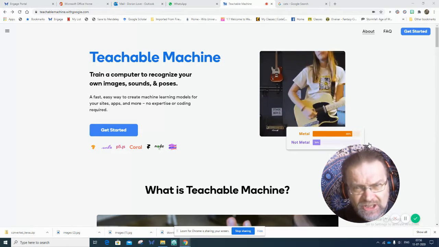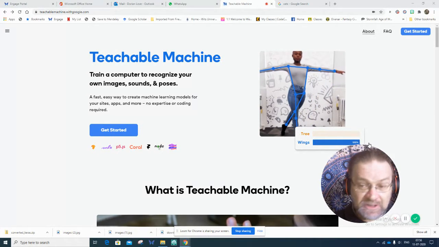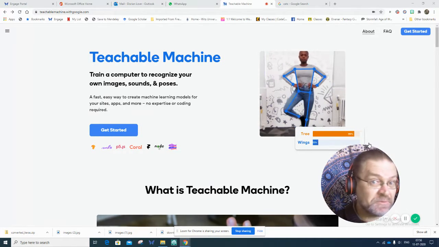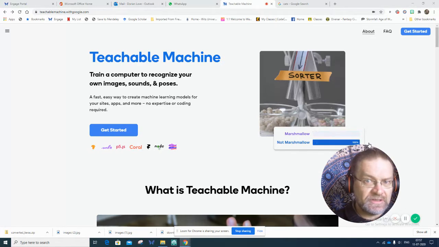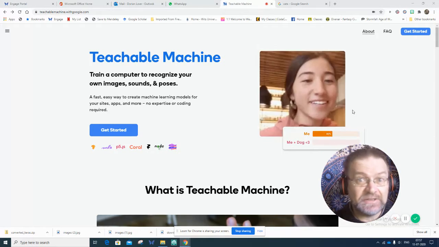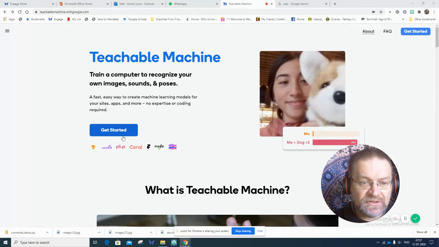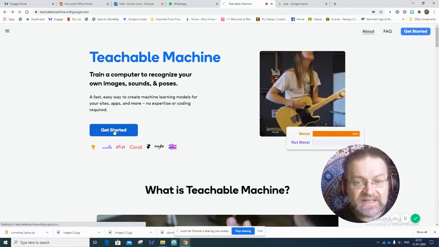We're going to be teaching the machine to distinguish. The project I'm going to do is to distinguish between cats and dogs. So I'm going to show it an image of a cat, show it an image of a dog, and it should be able to tell the difference. Now you can choose your own project, and on the site there are different ideas. So go ahead and click Get Started,